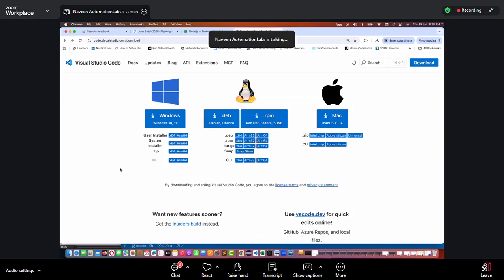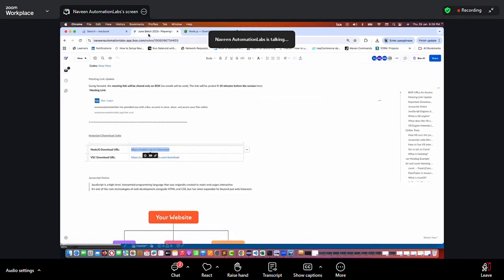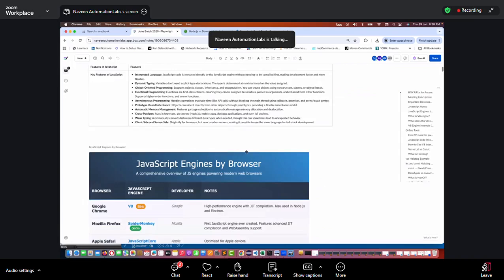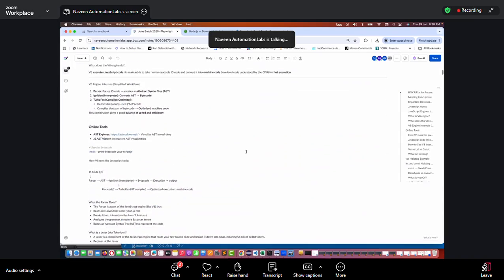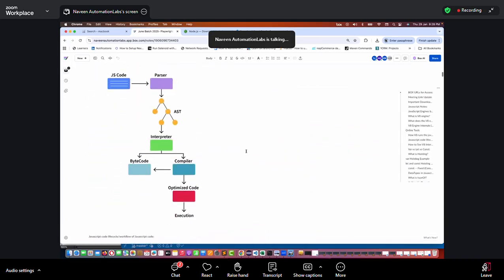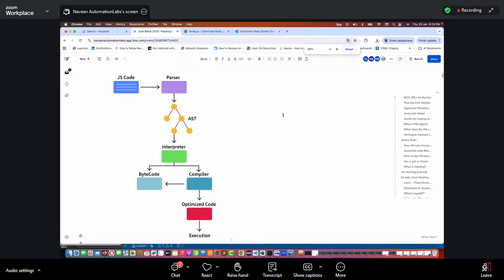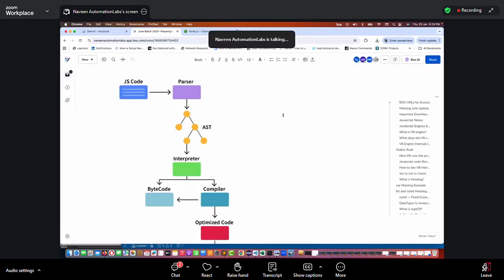Now, these are the two things that we have downloaded today, and they're available in our system, up and running. A very important thing we have to understand here is how exactly the V8 engine works, and how exactly my Visual Studio Code is executing the program. Very important from an interview point of view, right? So see this, and I'll show you a couple of things practically here. What is happening, guys, is that the moment I write my JavaScript code,